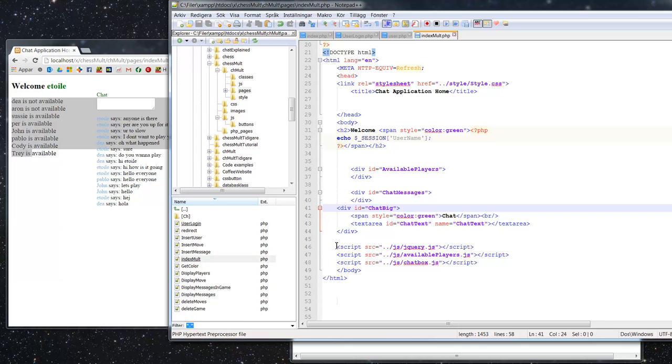And we are going to call these JavaScripts, jQuery as usual, the library for JavaScript, and then we're gonna call the available players JavaScript and the chat box